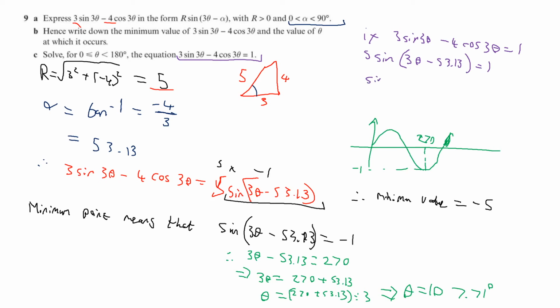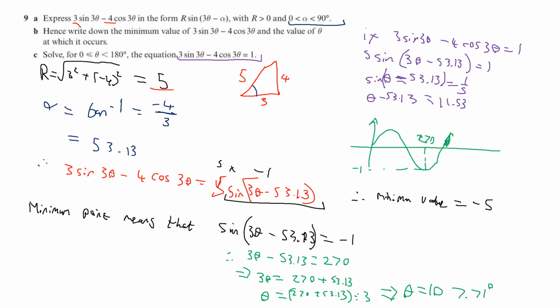So sine (3 theta minus 53.13) is equal to a fifth. So 3 theta minus 53.13 is equal to the inverse sine of that, which is simply equal to